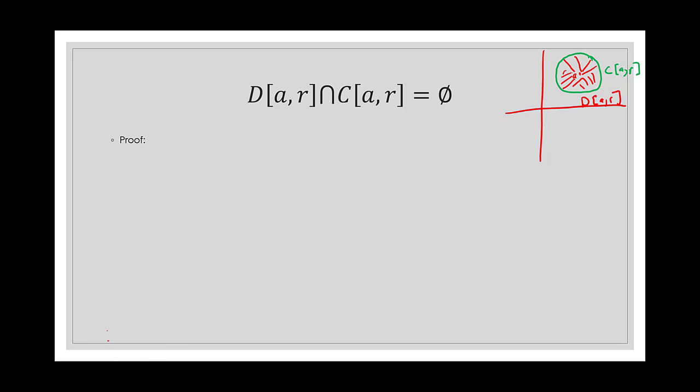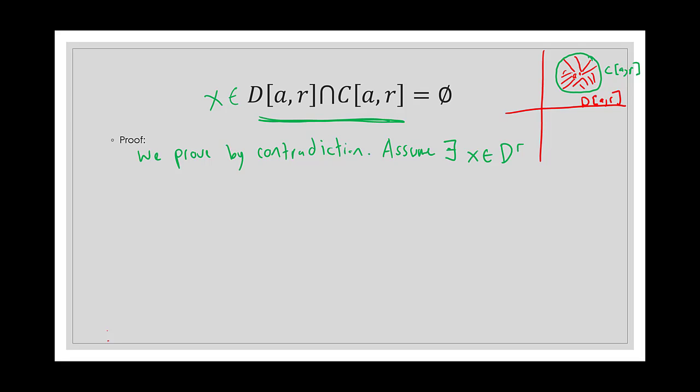So we're going to prove this by contradiction. And what we do for contradiction, let's assume that there is some x that lives inside the intersection here. Assume that there exists an x inside our intersection here. Okay. Well, if this is true, then this means,